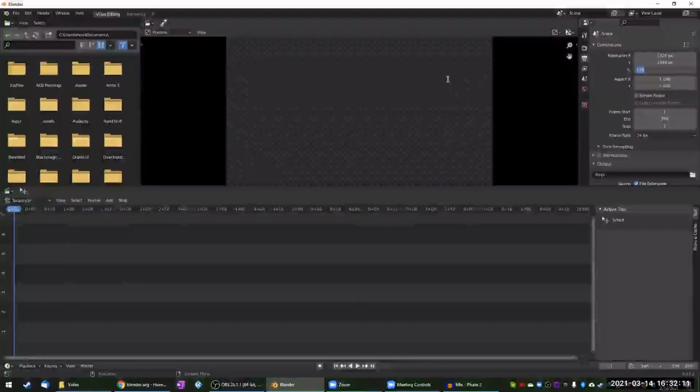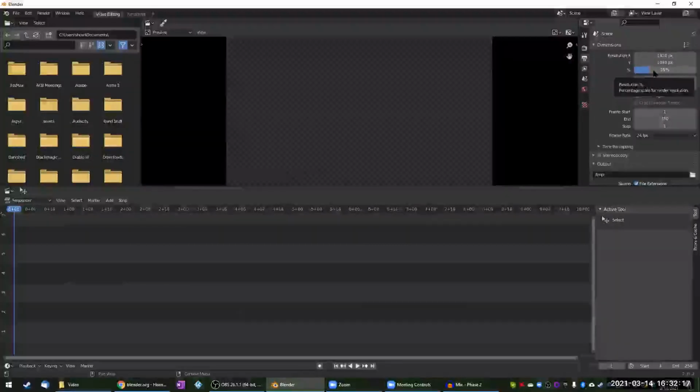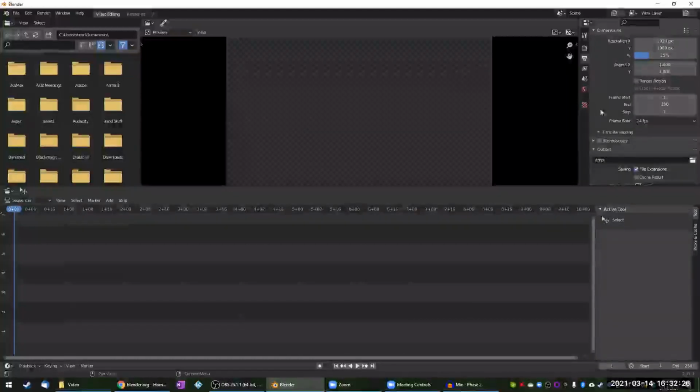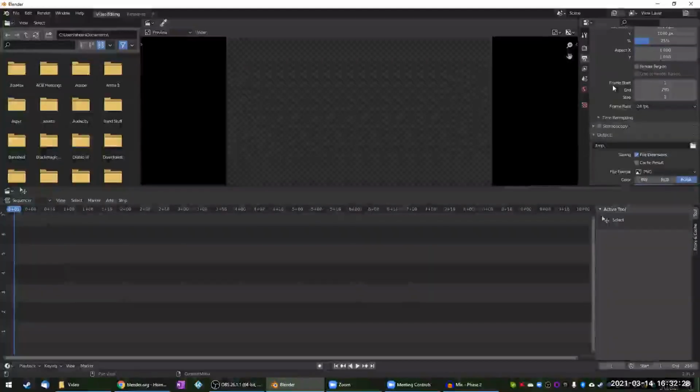For this project, I was doing things at 25% of the normal size because they're going to be a part of a bigger whole. Even though we're shrinking it down, we're not going to lose any quality because they're going to be smaller little windows on the final project. The next thing here is our timing aspect, which is frames. Frames is more of an animation term as opposed to time for audio, but Blender uses video frames to figure out where everything goes.